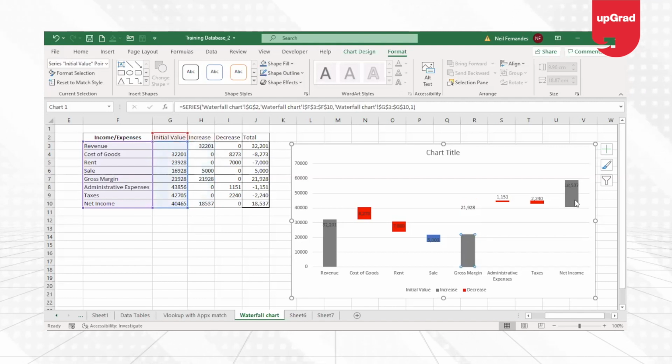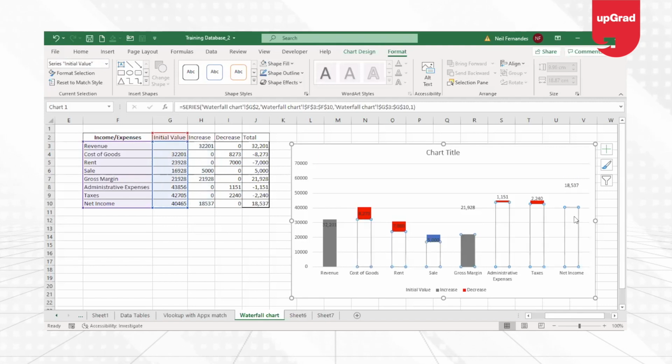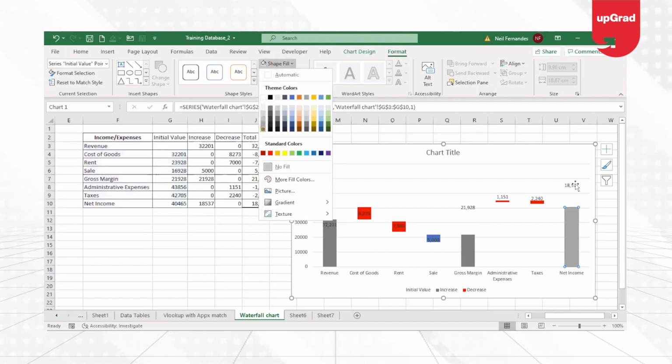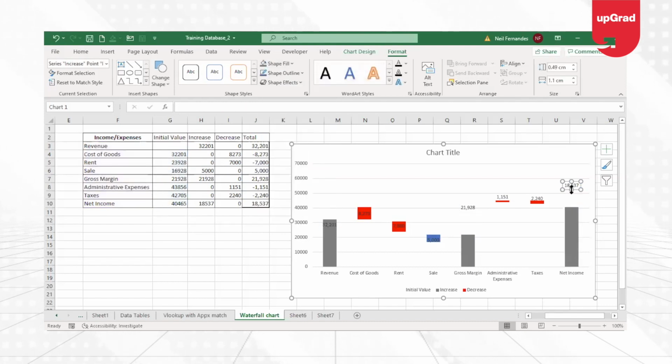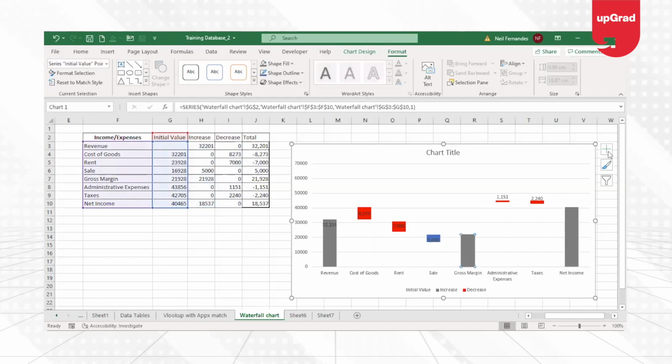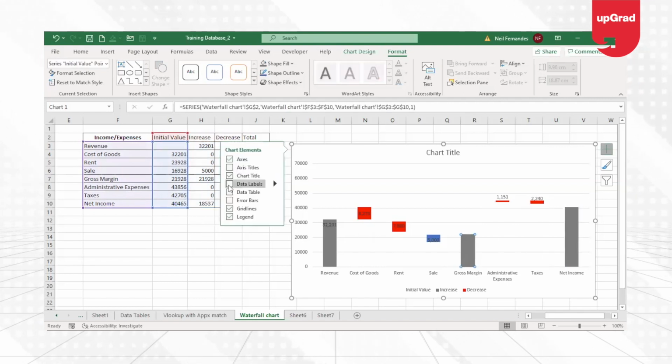So these are all workarounds that we are doing in order for it to look like a waterfall chart if you do not have a version which is 2016 or higher. So I'm just going to take the gray color and remove the data labels. Each data label I'll have to remove, so just click once and then click it again. And then go on to this and add a data label only for this part. Again going on to data label, again going on to this one, and then add data labels. Once you do that, here you go. It looks like an exact waterfall chart.